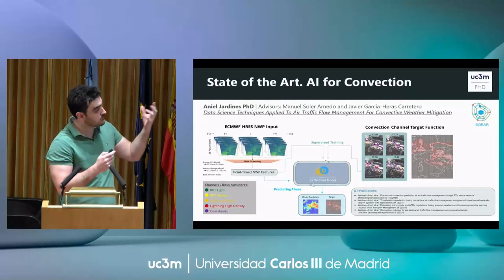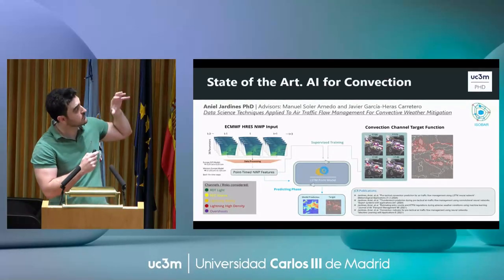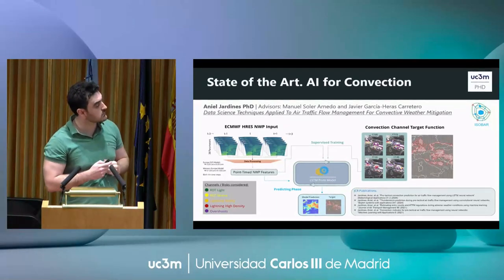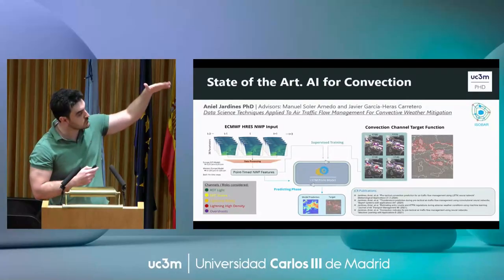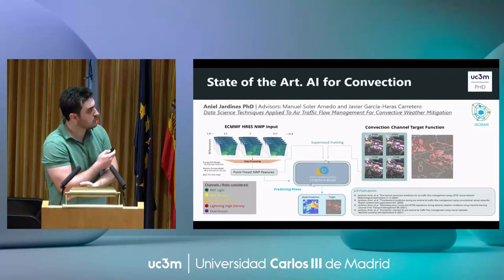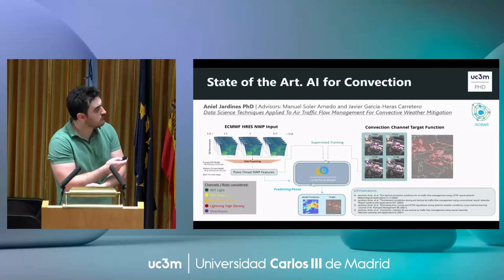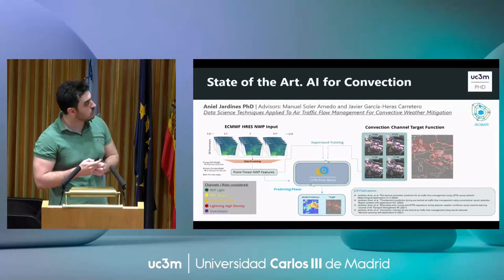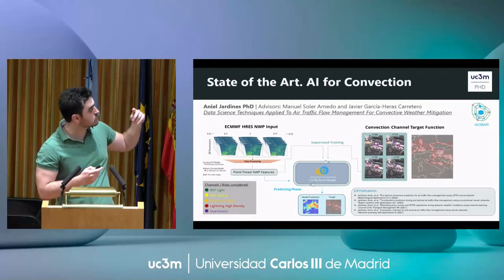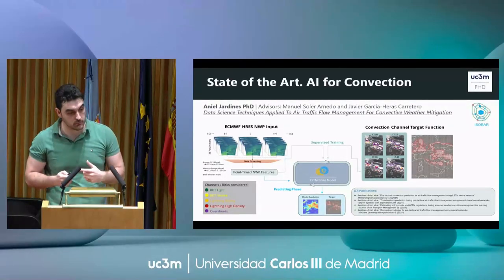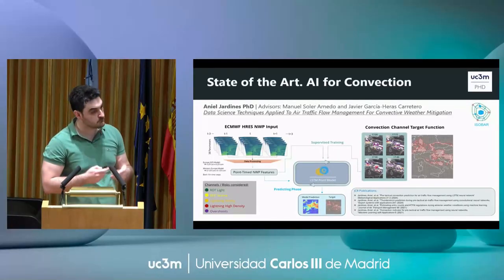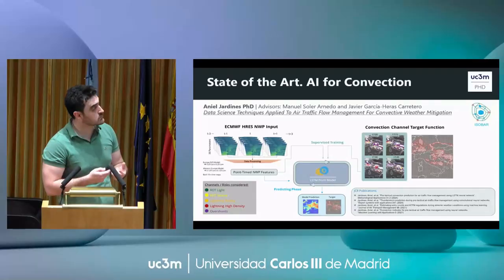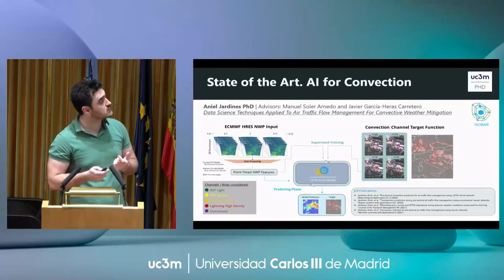The goal of the challenge for the AI is to classify the different states described by the numerical weather products to the different risks. This research resulted in different publications that you see here, and I invite you to read them if you are interested. As you see here, we have been tackling two data sources, satellite and lightning. There is another important data source that is commonly used as a proxy for convection, that is radar.